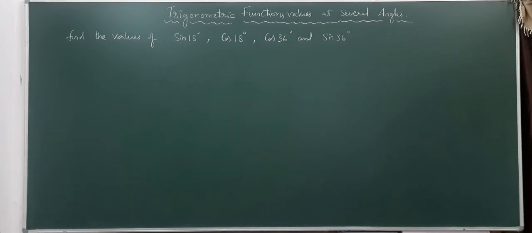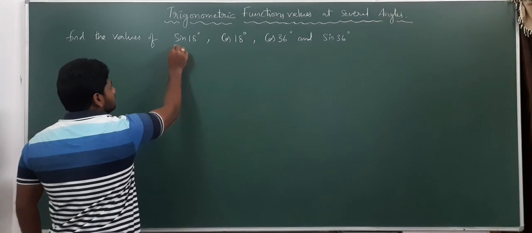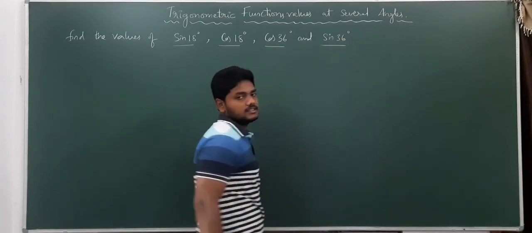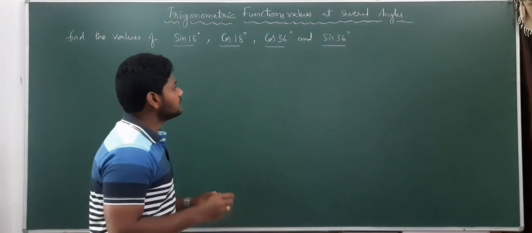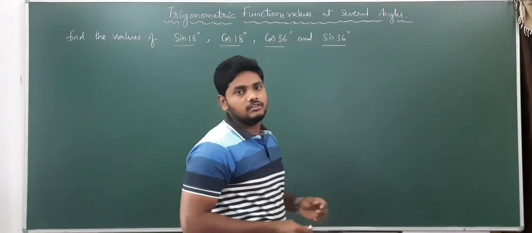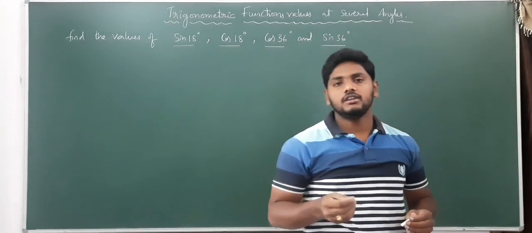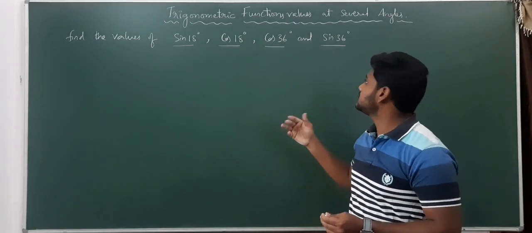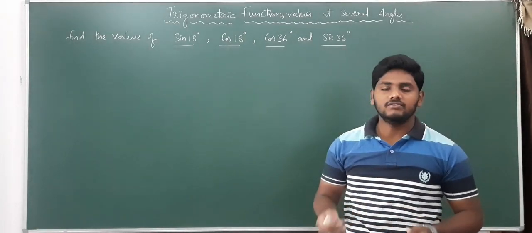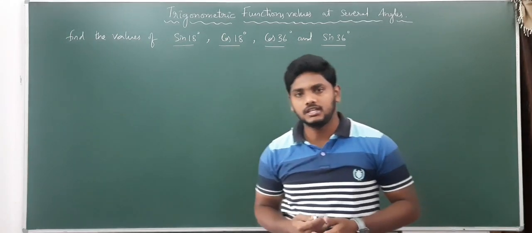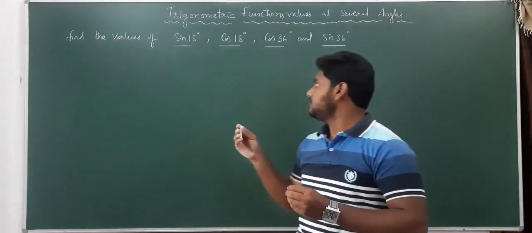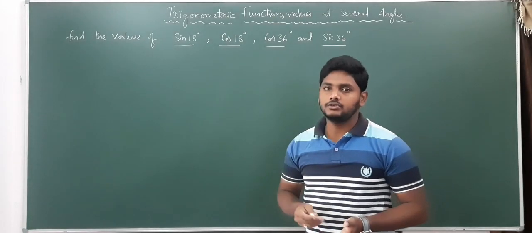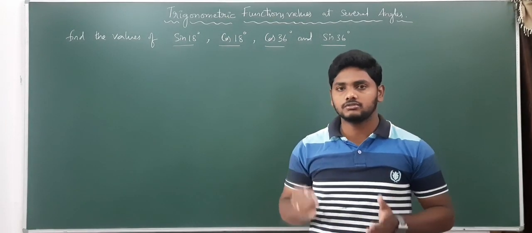Now we will find the values of sin 18 degrees, cos 18 degrees, cos 36 degrees and sin 36 degrees. See, what was the use of this session is, whenever you have a need to write the value of sin 18 or cos 18 or cos 36 or sin 36 in physics problems, or whenever in terms of CET or NEET, whenever in physics when you have to apply this, you can substitute easily those values if you remember those values.